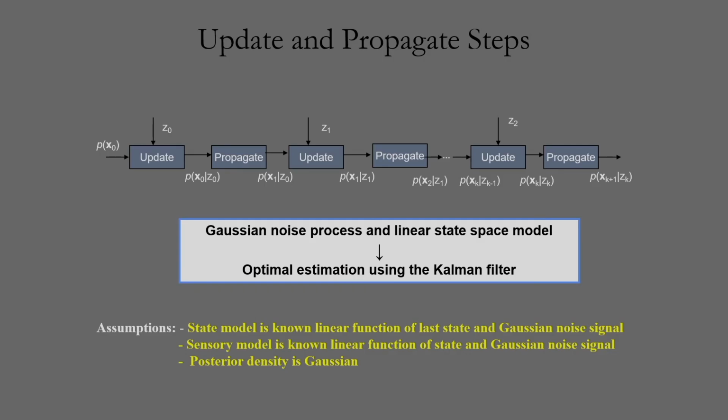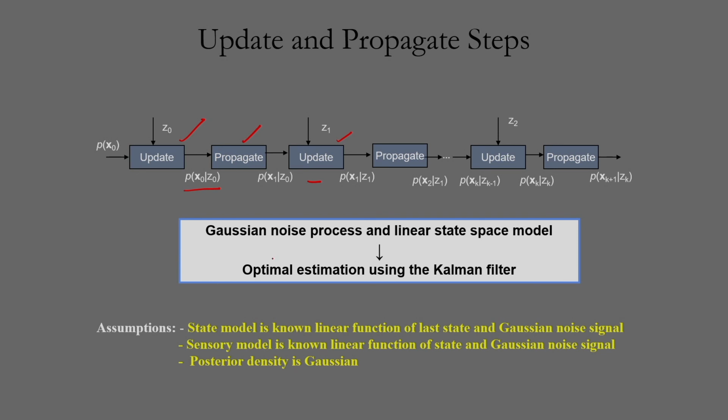So this concept I have shown pictorially here. You can see, first I am doing the update, after this we are propagating, again we are updating based on the observations. The observations are z0, z1, z2 like this. So we are predicting, and after this again we are updating. We are doing the prediction, and after this again we are updating. That is nothing but updating and propagating, updating and propagating. So this is the concept of Bayesian estimation, that is the recursive filter.